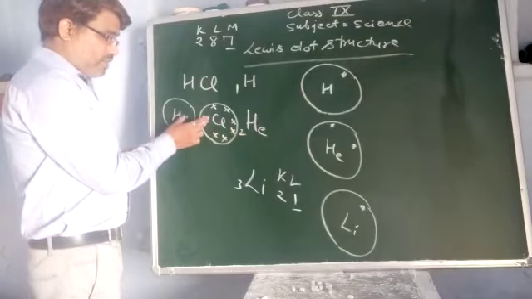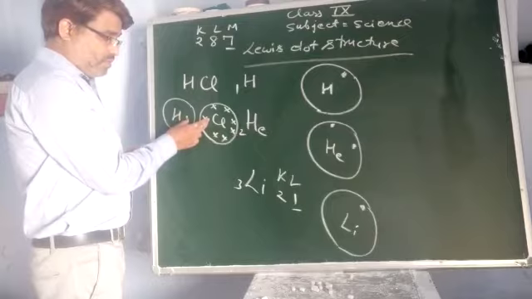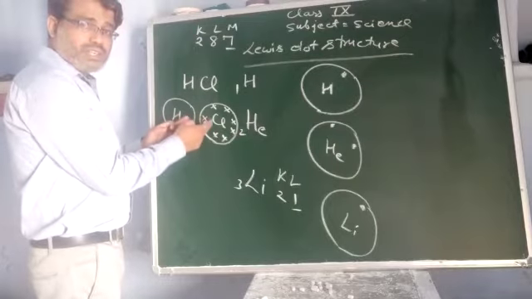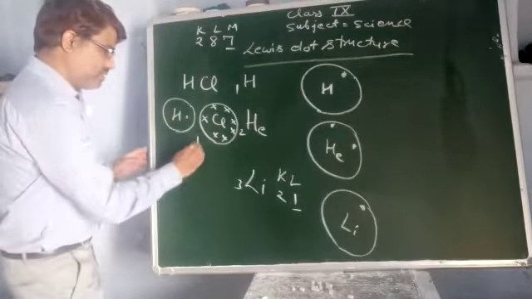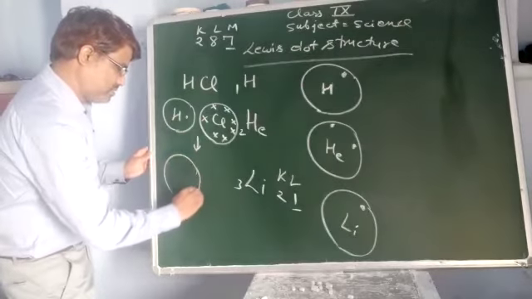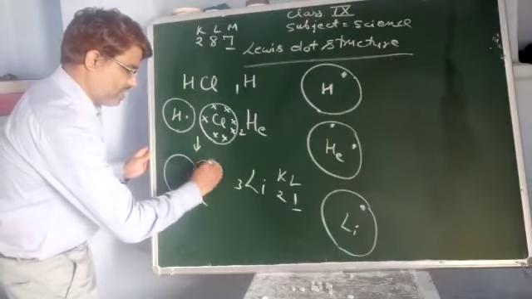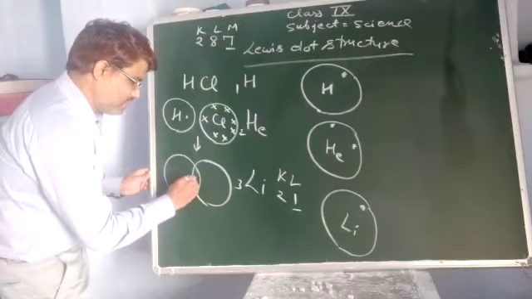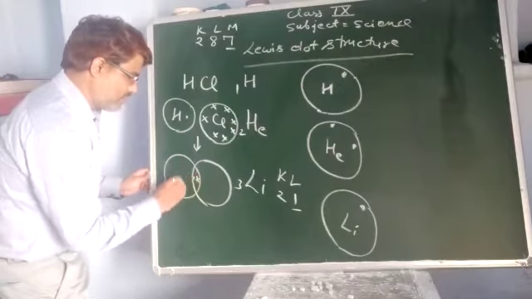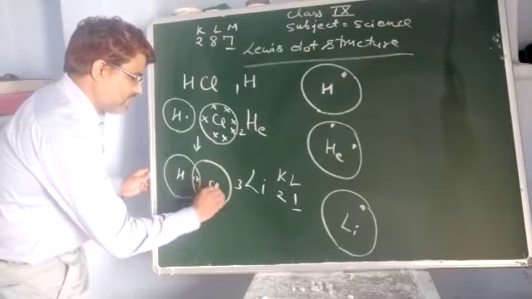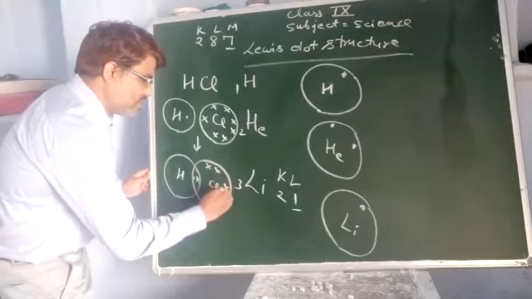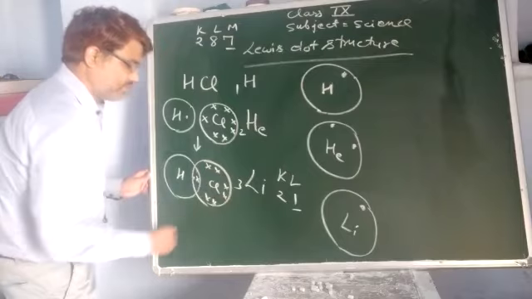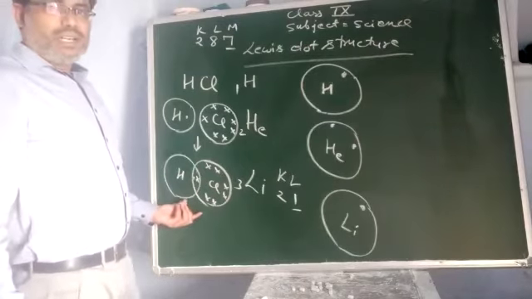Now when a chemical bond is formed, that is a covalent bond, electrons are shared with each other. So how can we represent this? We overlap the area, and in this area we have 1 electron shared by the hydrogen and 1 electron shared by the chlorine. So that is the Lewis dot structure of HCl. That is a covalent compound.